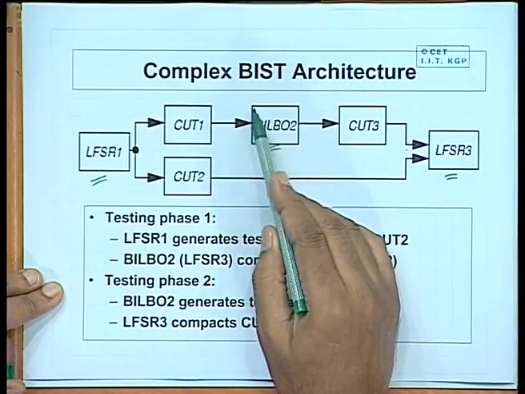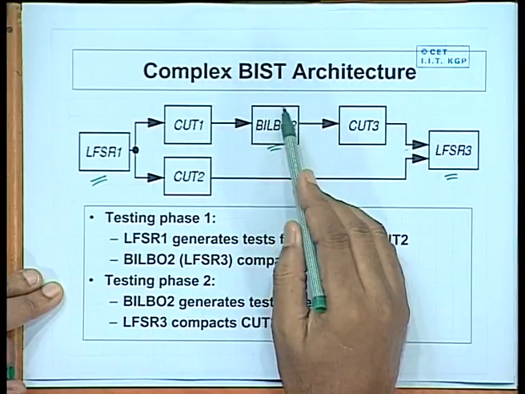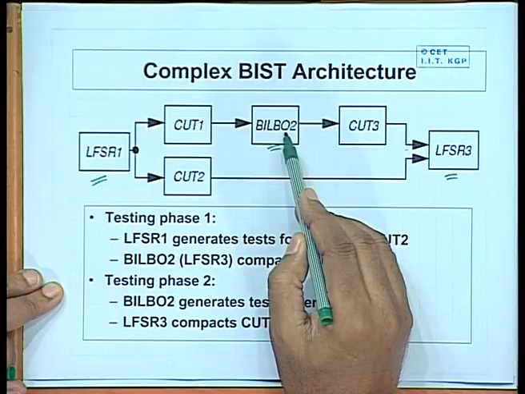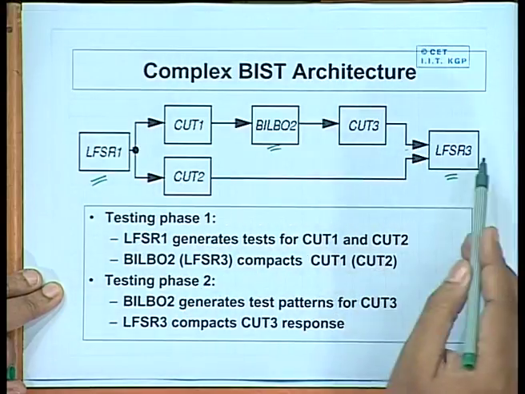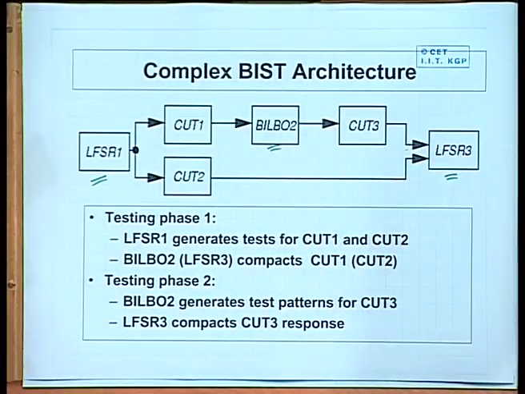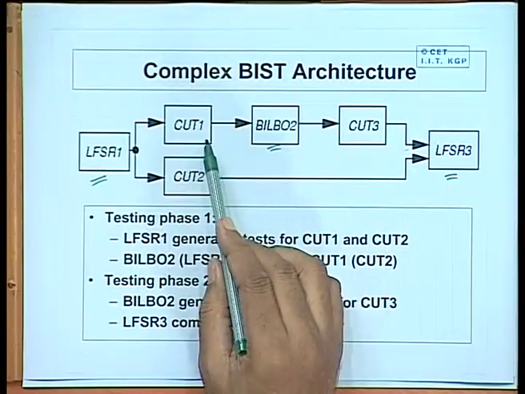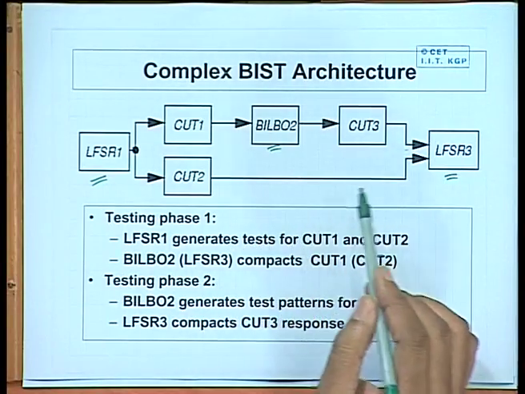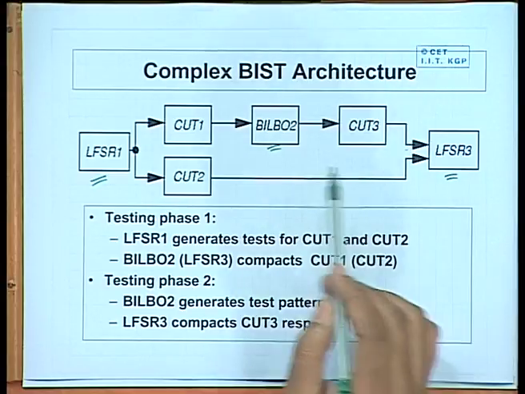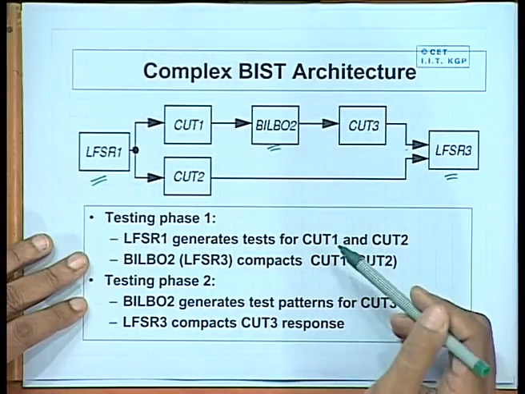So, only the middle register should be configured as a proper BILBO, okay? But the other two should not be as complex as a complete BILBO register. They can work specifically either as a pattern generator or as a response compactor. So, here what you can do is that, while we are testing say CUT 1 and CUT 2,